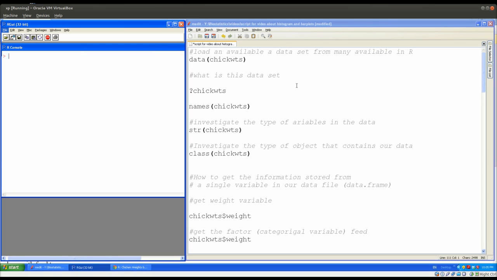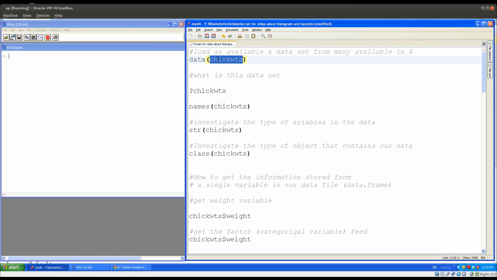So for the example that we're going to be plotting these graphs, we're going to be using a data set that is available in R. There are a lot of data sets available in R. This one is called chickwts, which stands for chicken weights, and the way we load these data sets that are available is with this function